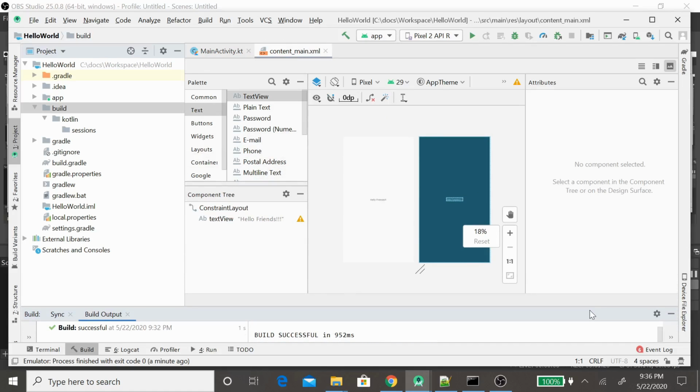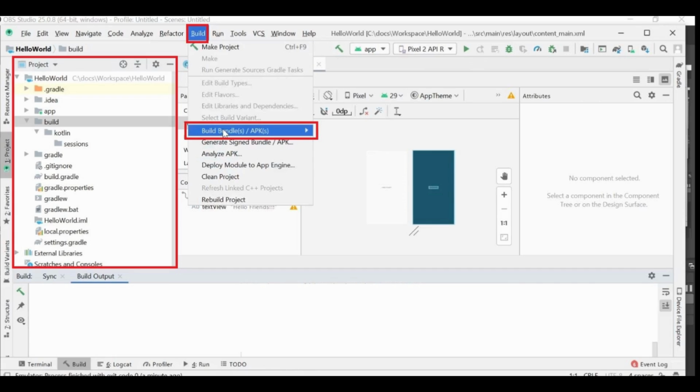For that I'll go to Build and then click on Build Bundles APK. If you notice on the left hand side, I also highlighted the section because we opened it in project mode, because we just want to see the build folder and see the files under it when we click on build.